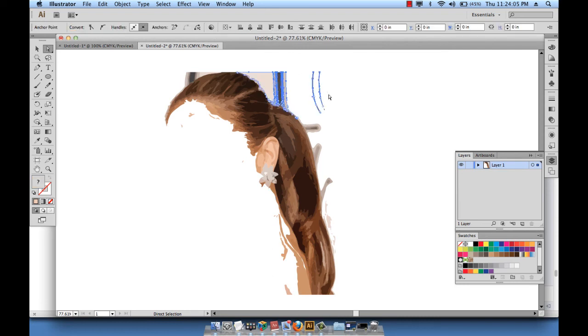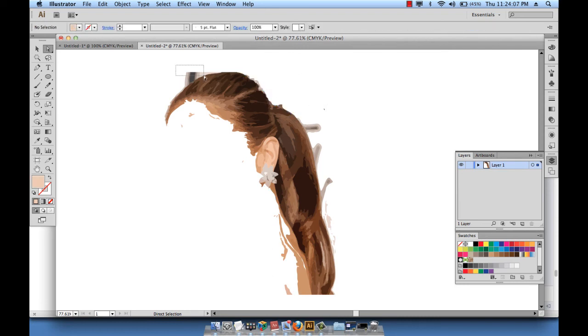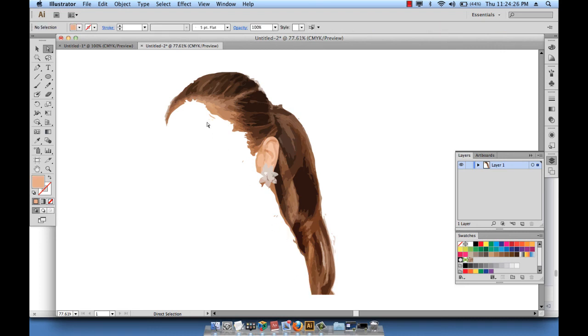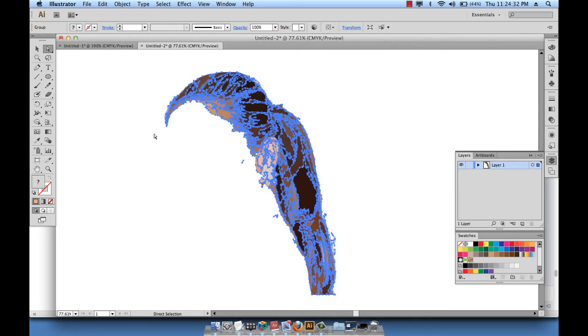And I have some work here to do as well. I'm using the direct selection tool again. I don't need these little strokes and these background effects. Delete all. I'm going to keep the ear with the earring just for this exercise. Okay, so what I have is nice. I'll also remove this, and I'm going to copy this whole thing, select all, copy, and go back to this